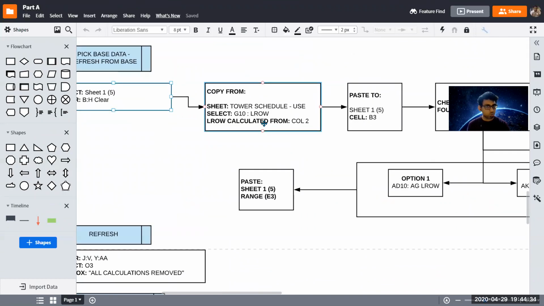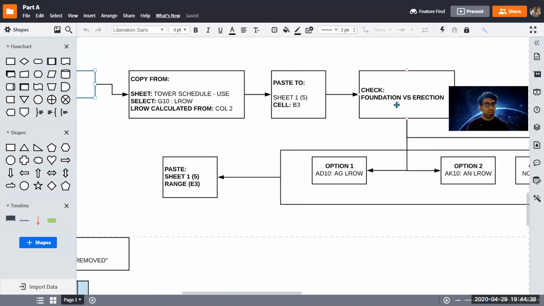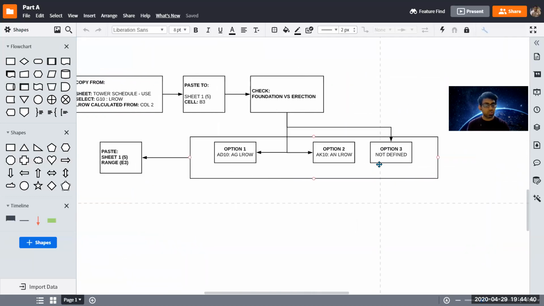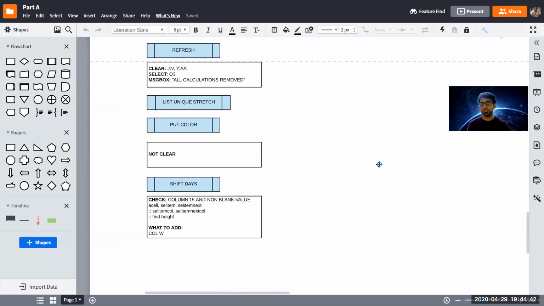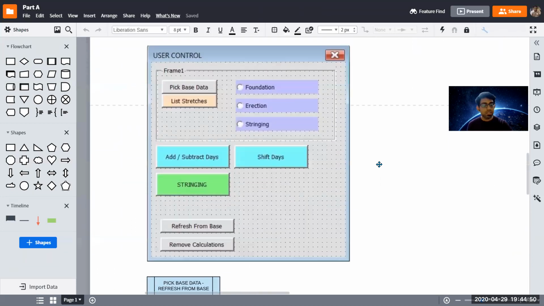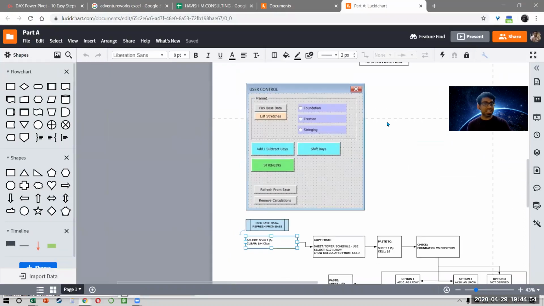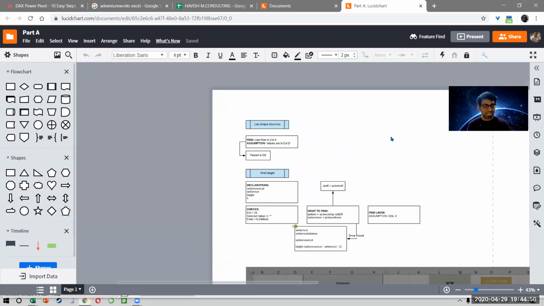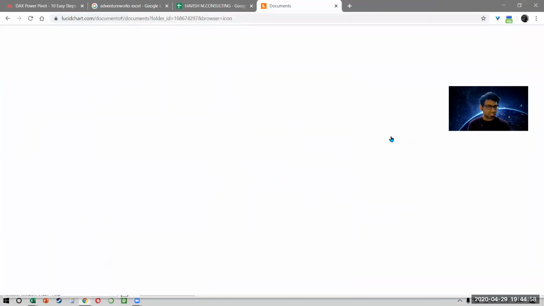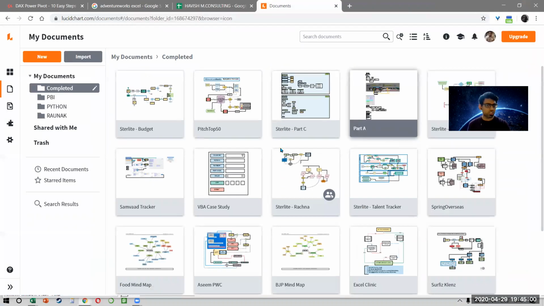Do you see this? I showed you L row earlier as well. Then select column 2, then paste the data here, check another sheet, and then one by one you can see the entire process. This is very, very useful, but at the same time, it is also very important at times because without doing all this, you will get utterly lost, right? So no good developer will ever write a code just like that. You will always prepare a process like this because that will help you a lot. And as you can see, I do this with every single project that I work on.